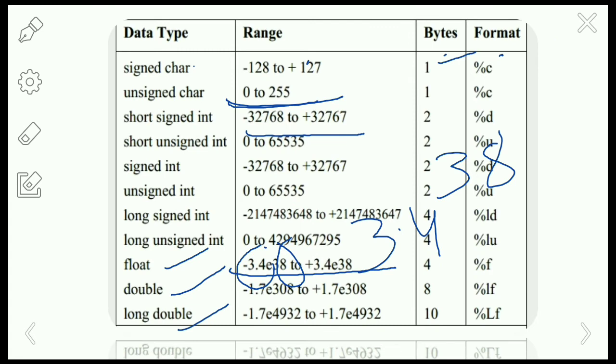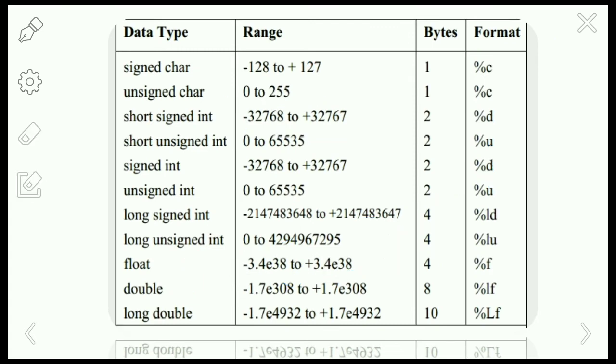Okay, and here the format specifier for the short signed int is %d and unsigned int is %u, and signed int is %d and unsigned int is automatically %u. So wherever, if you observe, there is an unsigned format, we are going to use %u. If a particular value has either a positive or negative sign, then we are going to use %d as the format specifier.